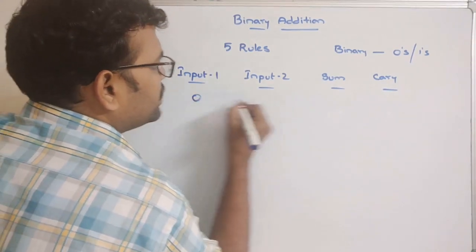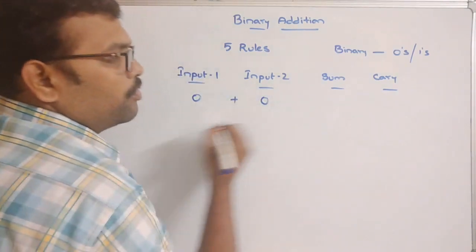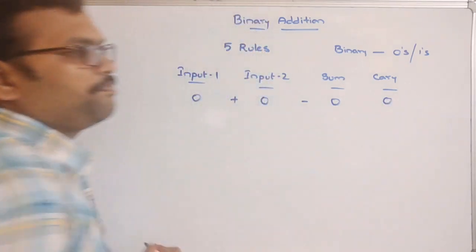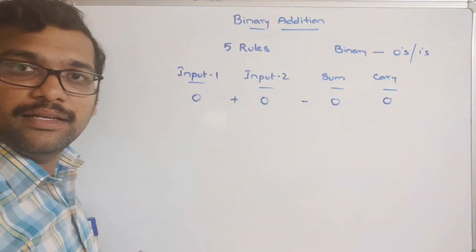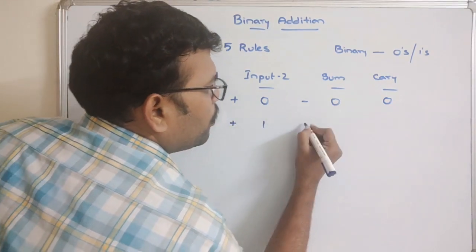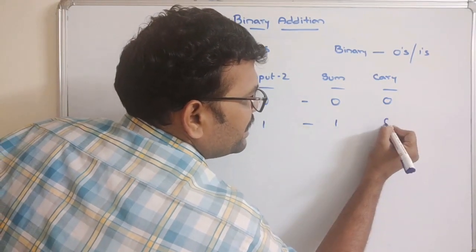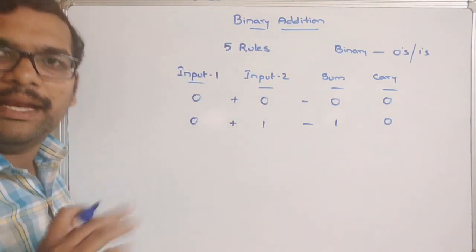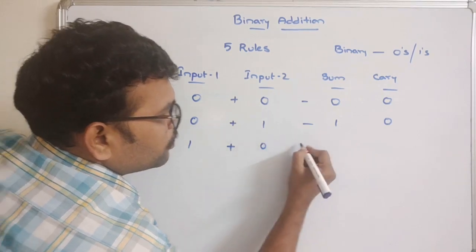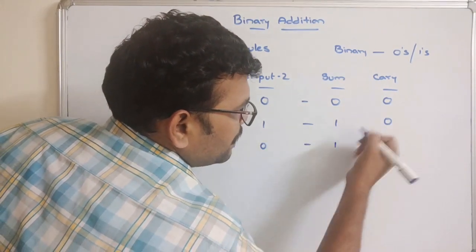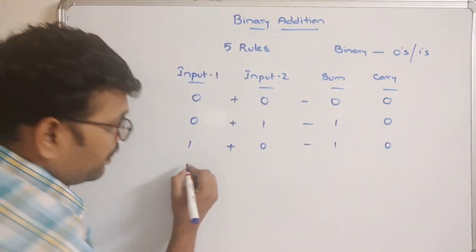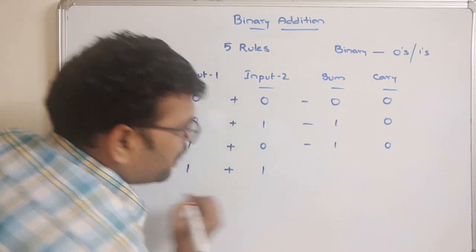If you understand this table, it will be very easy to perform binary addition. If both inputs are zeros, 0 plus 0 will give the sum as 0 and the carry as 0, right? And if there is a combination of 0 and 1, obviously the result will be 1 and the carry is 0. There will be no carry. And for the combination 0 and 1 or 1 and 0, the result is the same. The sum is 1 and carry is 0, right? And if both the inputs are 1,